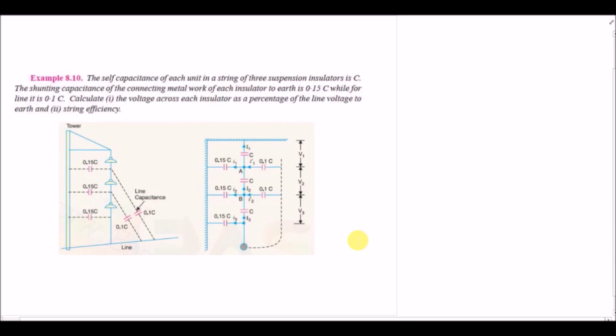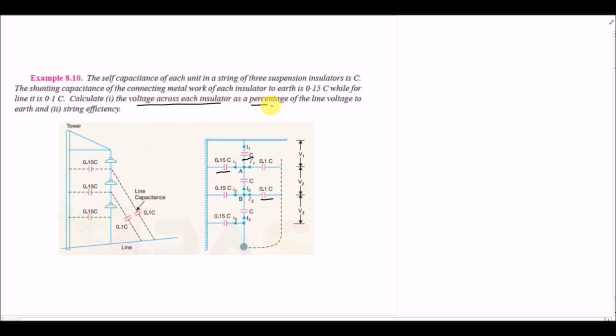Now moving on to the second example. In the question we are given a string insulator. The self capacitance of each unit in a string of 3 suspension insulators is C. So the self capacitance is this one. Then we have shunt capacitance which is equal to 0.15 C, and now we have a guard ring. So we have line capacitance as well, which is 0.1 C, and now what we have to calculate, we have to find the voltage across each insulator